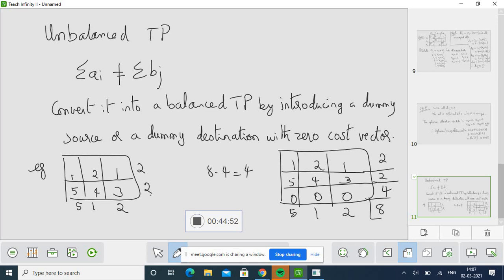Suppose the deficiency occurs in the what? Demand. Then you will add a column. Here it is in the supply, so you have added an additional row. So this is the pattern, and this is how you make an unbalanced transportation problem into a balanced transportation problem. Okay, so let us take